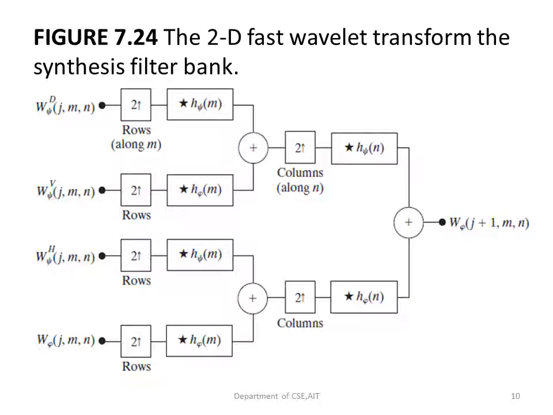This picture illustrates the synthesis filter bank. That means the opposite of the first one, the analysis filter bank, where the combination of the diagonal, vertical, horizontal and W phi gives rise to W phi of j plus 1. So here we have the diagonal functions, the vertical functions and the horizontal functions, all of them included to get the W phi. And we can see here the functions have convolution, that means we convolve the functions to get the final result.